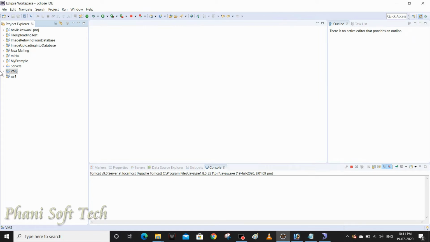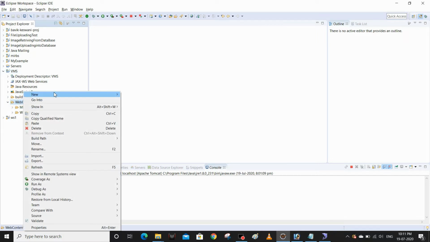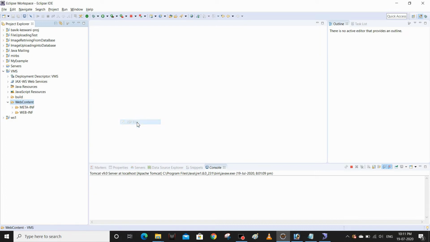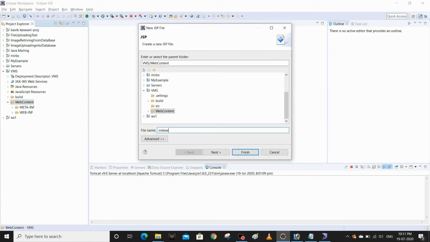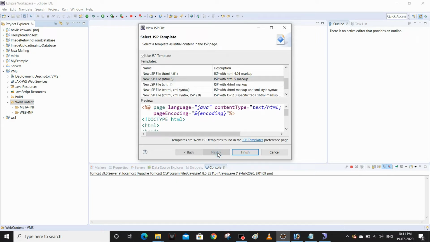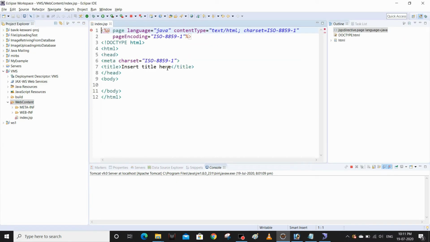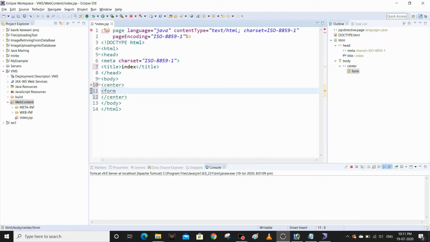Fine. Strictly go ahead and create one index.jsp page. Under the web content, click new and JSP. We name it index.jsp. Next and finish. This is the entry point of my project. Here I'm going to create a search box, which is a form submission form.